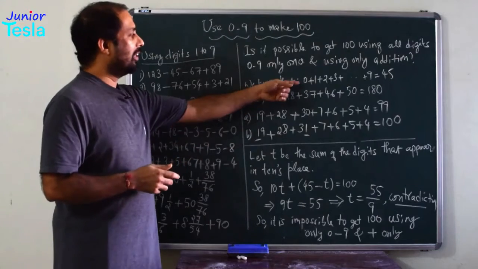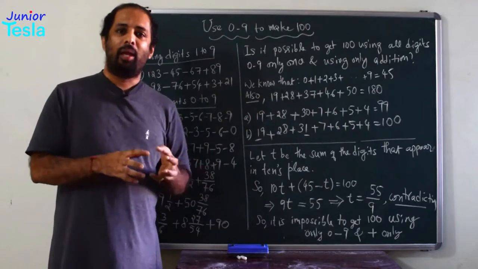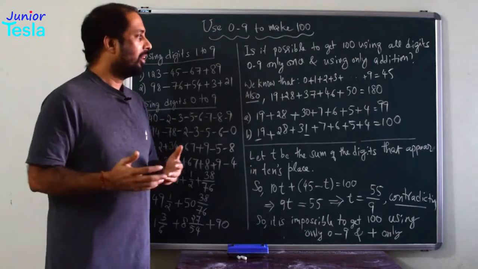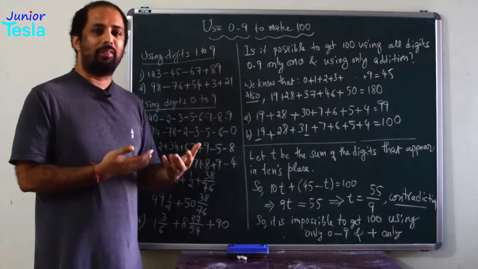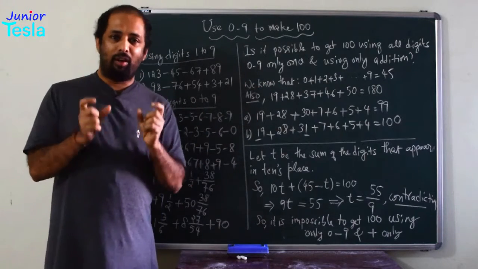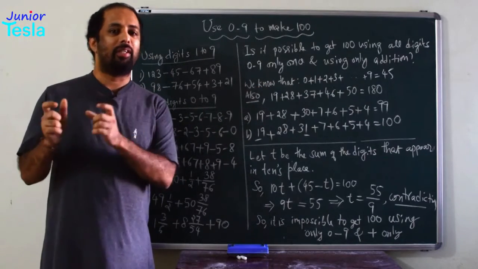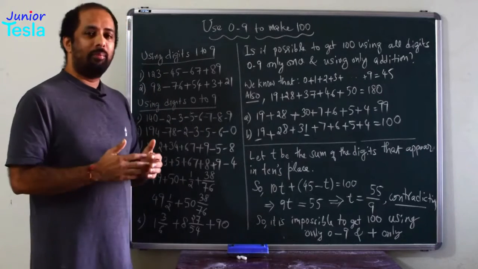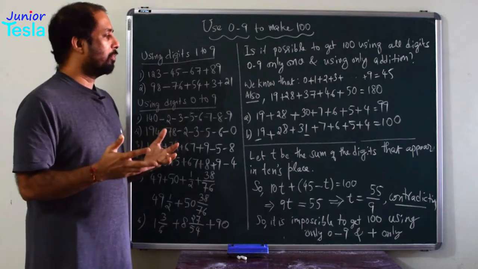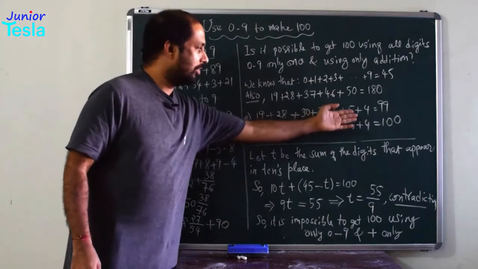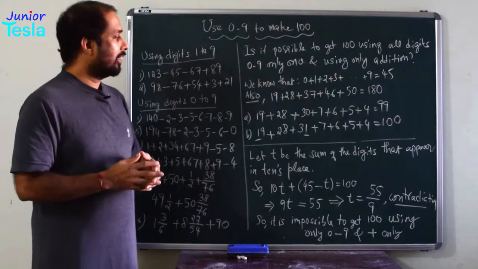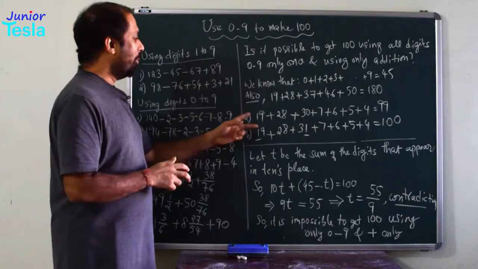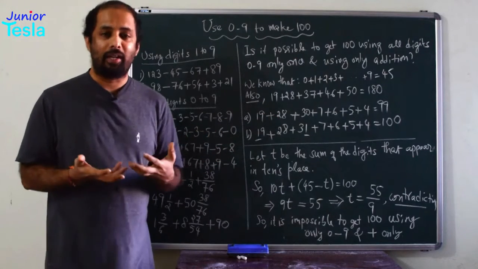So if I have taken only single digit numbers, the answer is 45. But if I have taken all the two digit numbers, the sum is 180 or something. So definitely our desired answer must be somewhere in between these two. So it will involve some 2-digit numbers and some single digit numbers. So let me go by another example. This 19 plus 28 plus 30 plus 7 plus 6 plus 5 plus 4. So I have involved some single digit numbers and some 2-digit numbers, and surprisingly the sum is 99, very close to 100. So that means if I manipulate here some terms, then probably I will get 100, right?